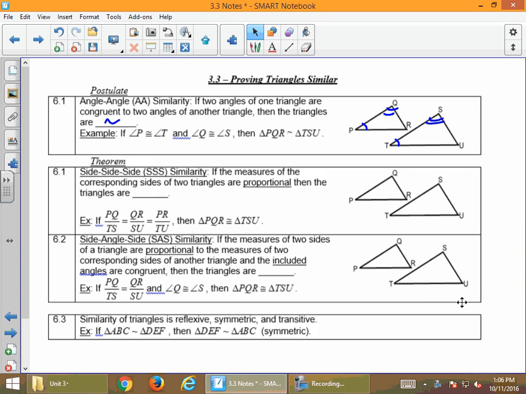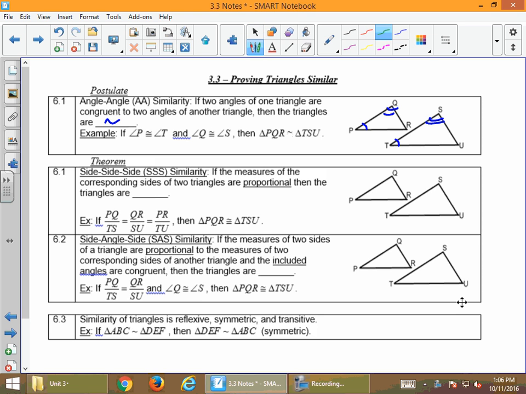If two angles of one triangle are congruent to two angles of another triangle, then those two triangles are similar. Make sure you fix that in your notes. It's just supposed to be the squiggle. Alright, questions over that one. Also, congruent, just put